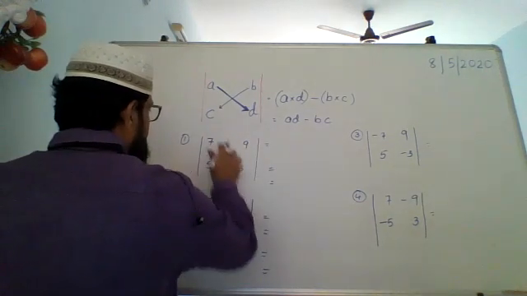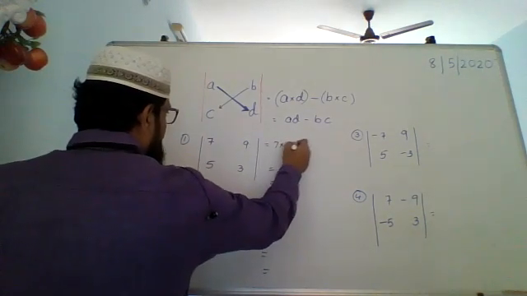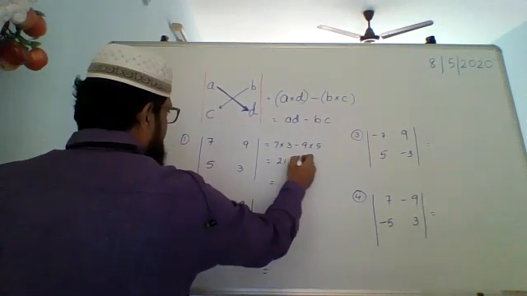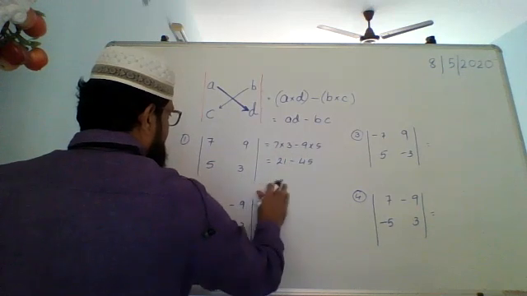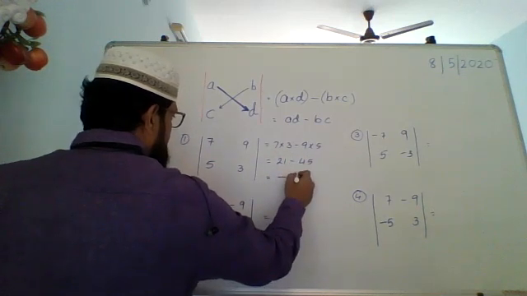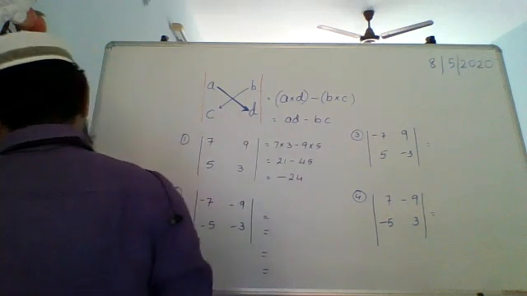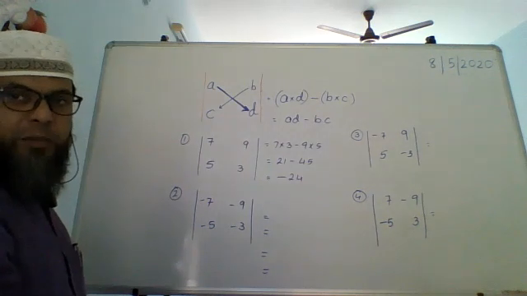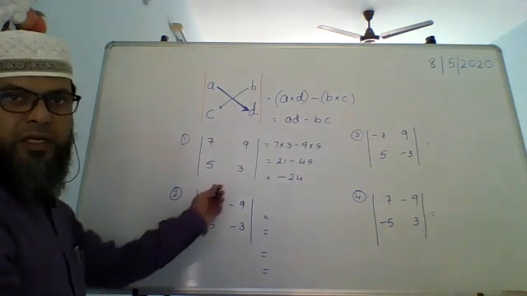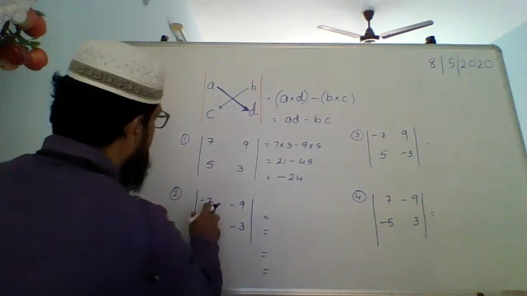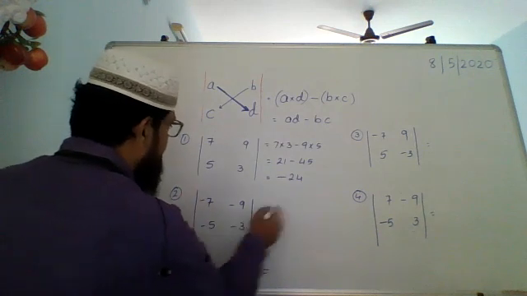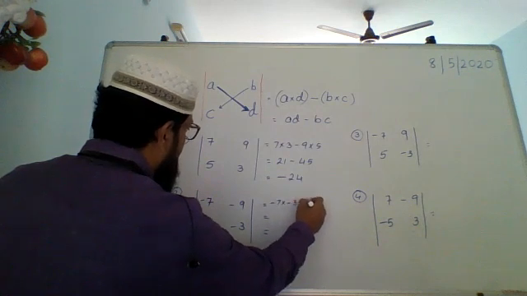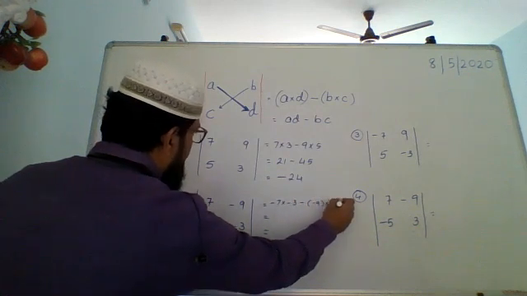So this is 7 into 3 minus 9 into 5, which is 21 minus 45, which is -24। पहला वाला तो -24 है भाई, जिन्होंने -33 बोले थे वो रॉन्ग था, है ना। फिर बाद में चेंज किए काफी लोगों ने, बट एनीवेज दिस इज व्हाट इट इज। नाउ लेट्स लुक एट दिस। -7 into -3 minus -9 into -5.